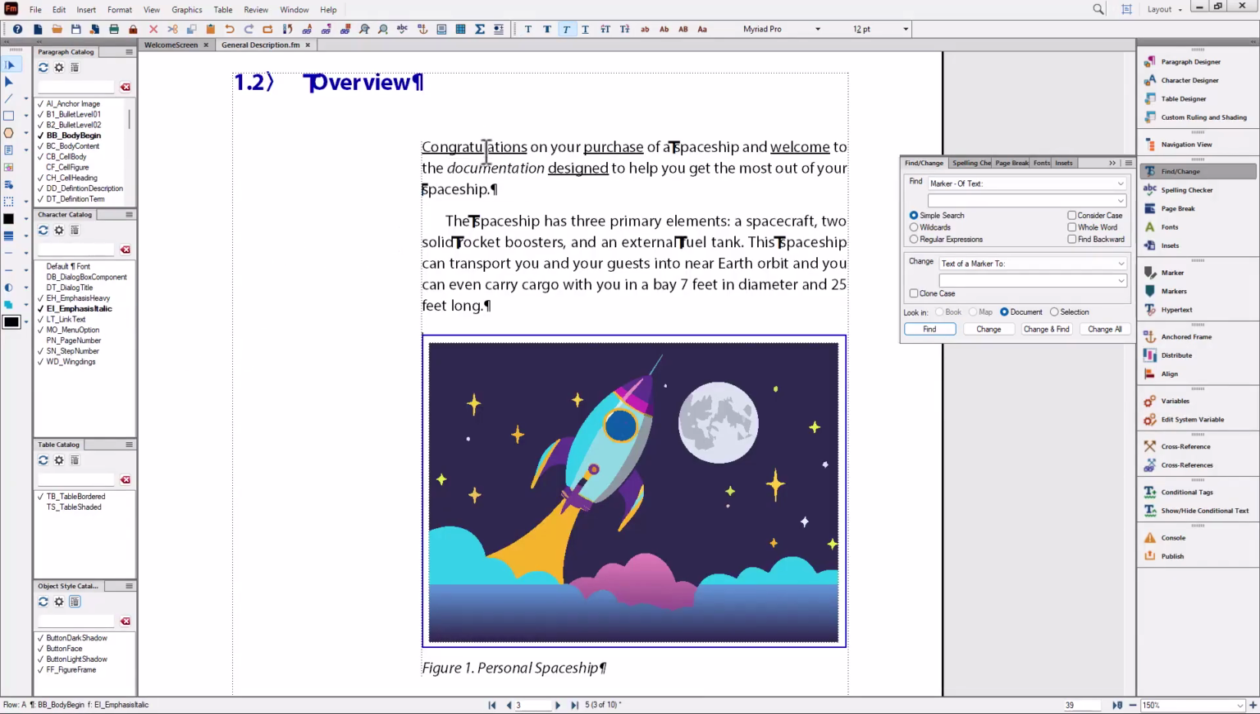But what if you have a document that already has inline formatting in there? You can use find and change to quickly clean it up. So I'm going to say that I want to find anything that has an underline and eventually make it into the character style called EI, emphasis italic. So I'll go to find and I'm going to pick